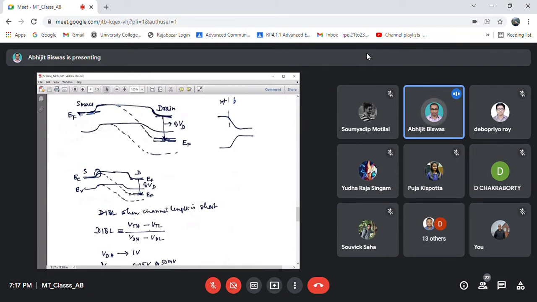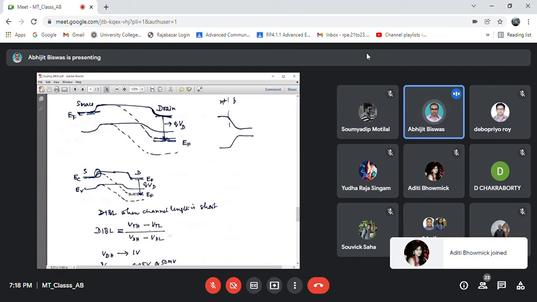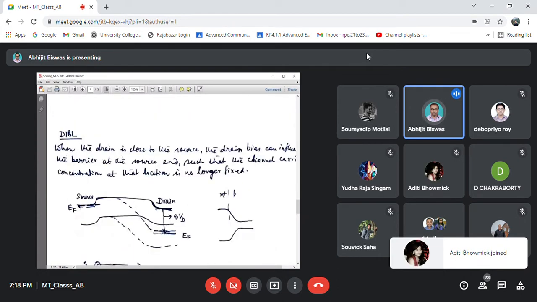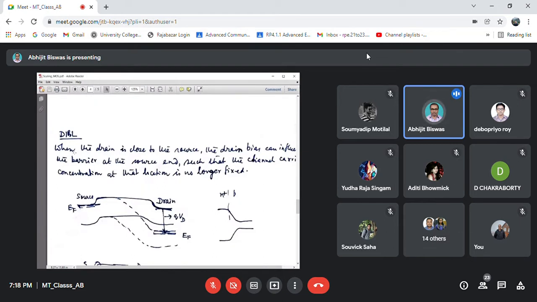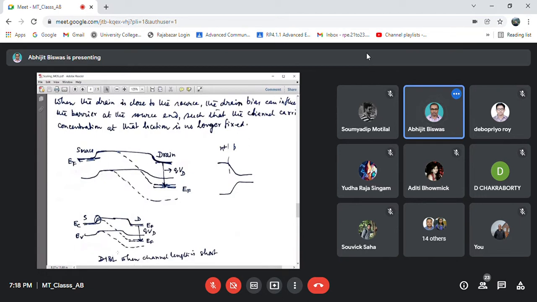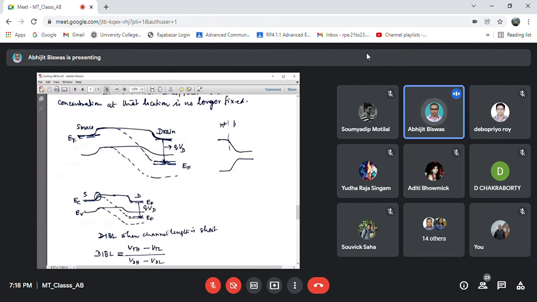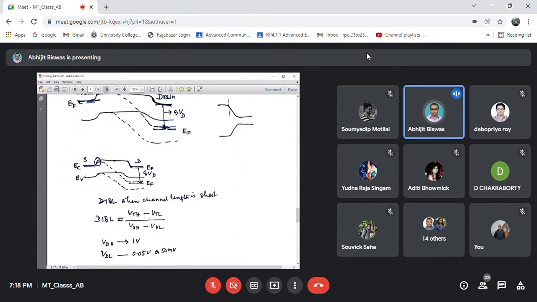So if we apply a higher value of drain bias, it essentially reduces the source channel barrier height, and therefore a higher number of electrons will be injected from the source into the channel. That is the barrier lowering due to the application of higher drain bias, which is why it is called drain induced barrier lowering. Drain voltage induces a lowering of the source to channel barrier height. It is effective in the case of very short channel devices, where the source comes in close proximity to the drain terminal. And you can observe this effect in devices having channel length less than 100